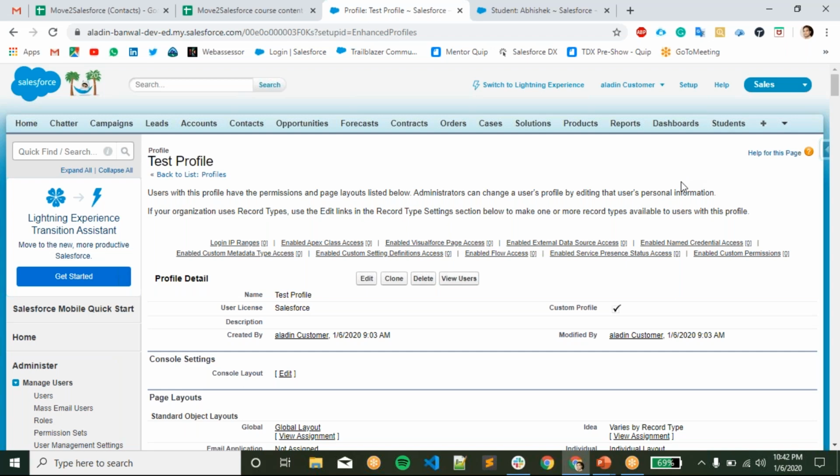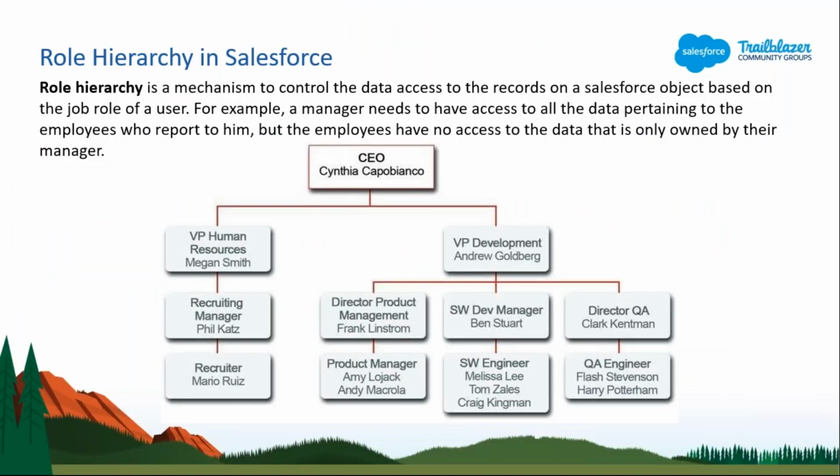What the role hierarchy will do is give more access than your profile. In this picture you can see the top of the role is the CEO. The CEO will have more access.